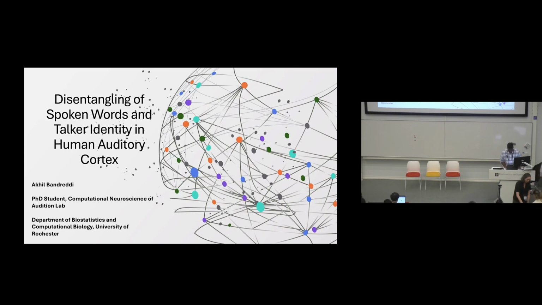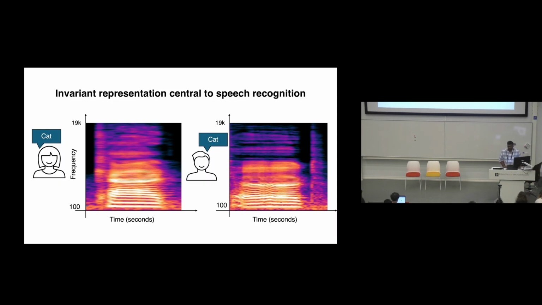Awesome, thank you. So our brain has the complex task of having to extract shared information from varied representations of the same stimulus. For instance, here on the screen, I have the spectrogram of 2 different individuals uttering the same word, cat. The shared information, the word cat, is the same, but the way in which it's presented is different. You can look at the spectrograms, there's a lot of acoustic variation between the way the word is presented by both speakers. However, our brain is able to effortlessly do this in a very natural way.